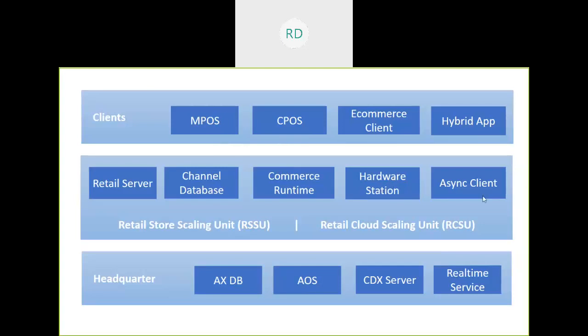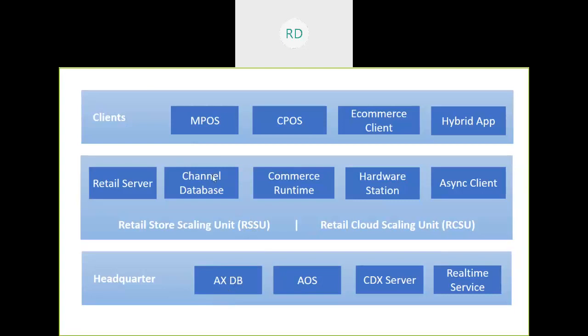A sync client, as I said previously, will be responsible for connecting to the HQ and syncing the data from the HQ database to the channel database. So the channel database and HQ database are always in sync with some frequency through the sync client and sync server. They will communicate together and get the data from the AX database to the channel, as well as push the channel database data to the AX database. That depends on what type of data is getting synced. Maybe transactions will be pushed from the channel database to the HQ,